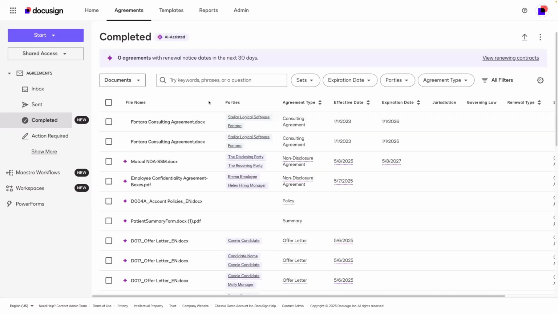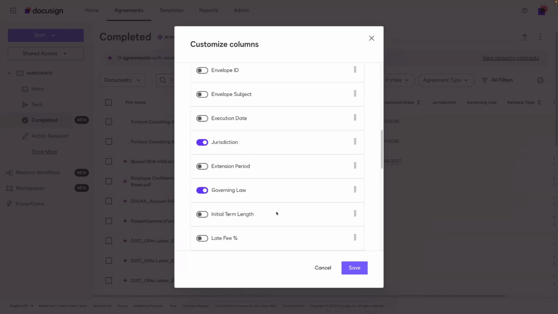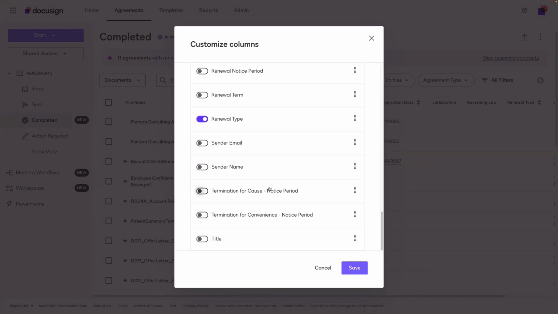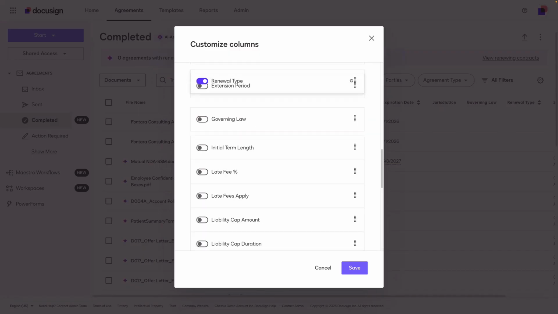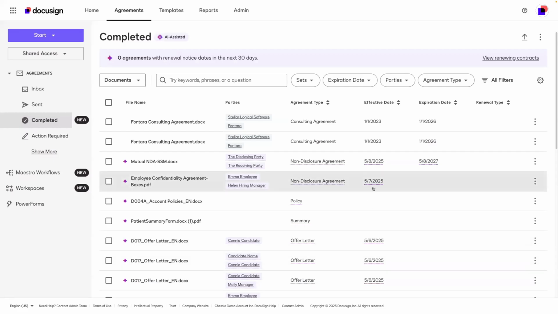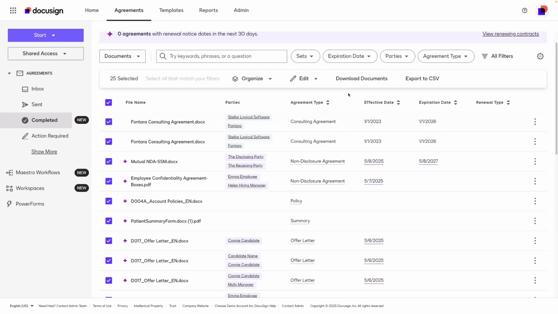When looking at the completed documents table, we can adjust the columns that appear in the grid by using the gear icon here to the right. We can turn certain columns on or off as we don't need them, or maybe we do need them. We can also rearrange columns by dragging and dropping. Save. Once we have the grid looking the way that we want, you can easily select all of the documents on the table, and you have the option to export the table results to a CSV if you want to view this information in a spreadsheet, or you can even download all of these documents to your computer into a zip file.